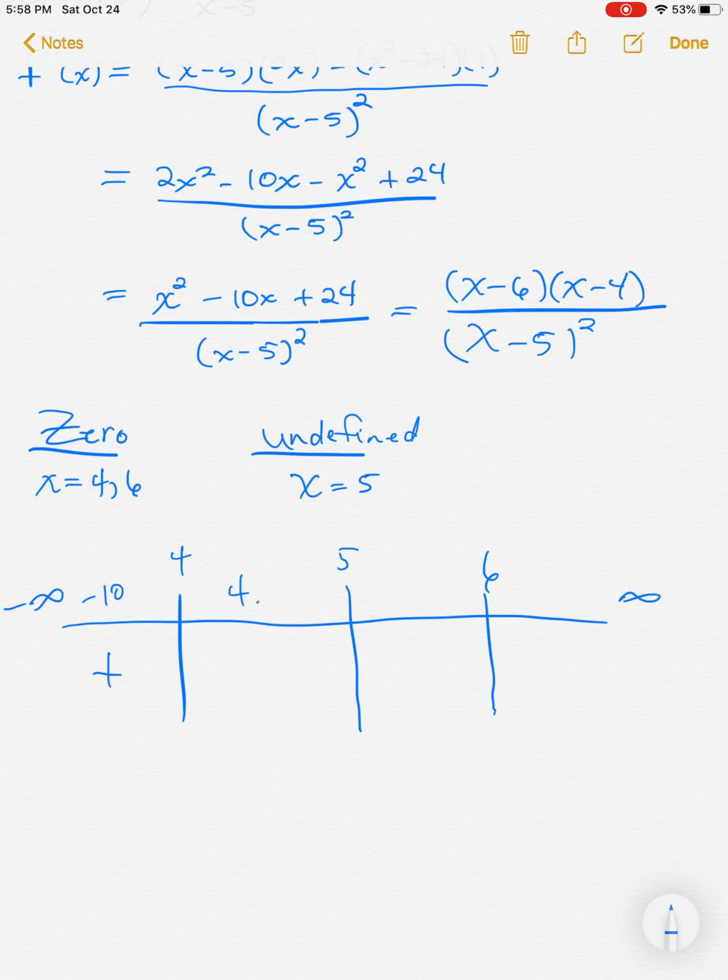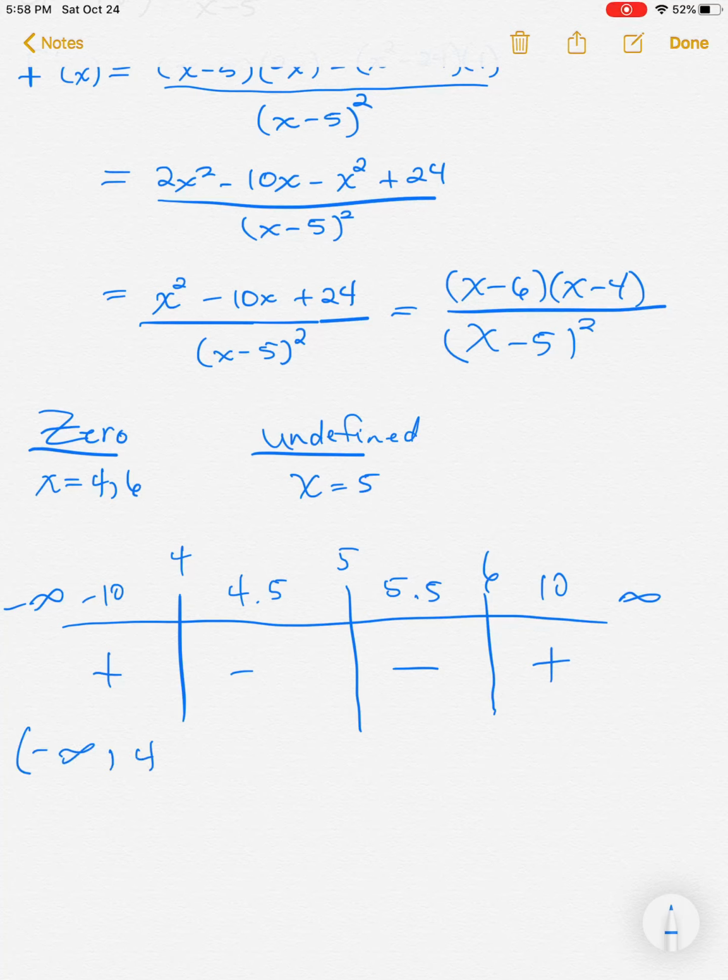Between 4 and 5, I'm just going to choose 4.5. That's going to produce something that is negative. Between 5 and 6, I choose 5.5. Also produces something that's negative. And between 6 and infinity, I'll just choose 10 again and produce something that's positive. Each of those values, remember to plug those values inside of the first derivative. All right, and we have